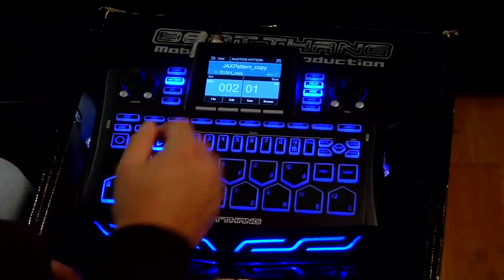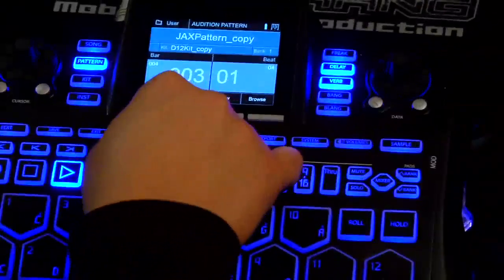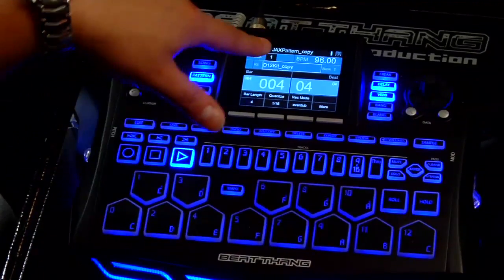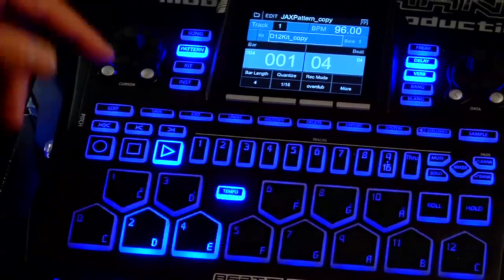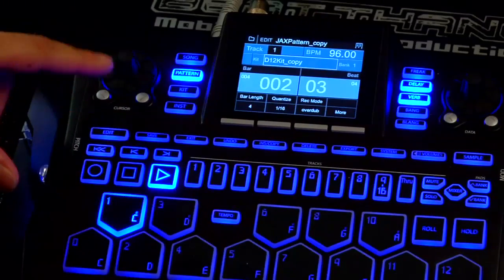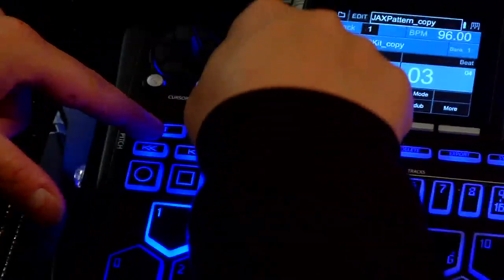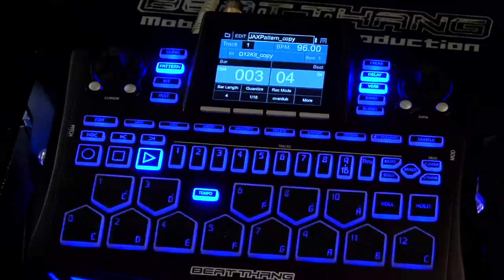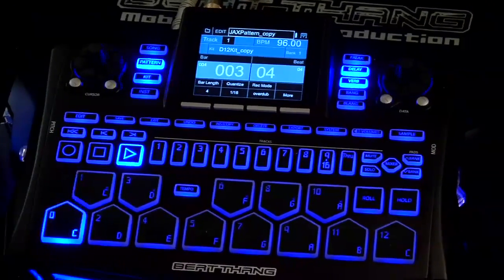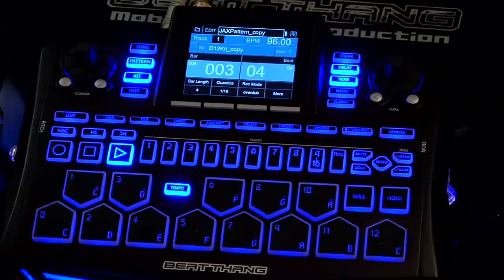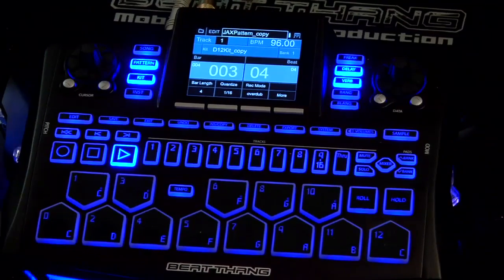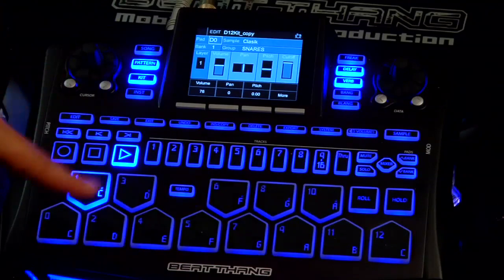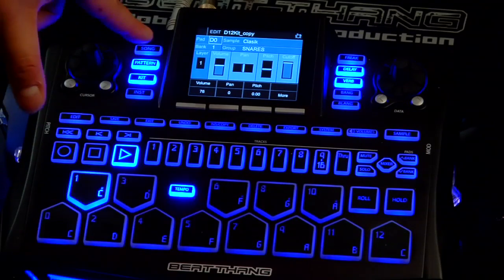Now, if I ever want to go back, I can have that beat playing. Let's say I want to do the reverse. Let's say I want to edit that kit while the beat's playing. Well, I just highlight it, go to the track where that kit is at. I can even leave it playing. And then all I have to do is hold down Edit and click Kit, the reverse, right? Kit mode's gonna blink. The beat's gonna keep playing. Takes a second, it's thinking, it's figuring things out. Now, I'm back in kit edit mode while that beat is playing,